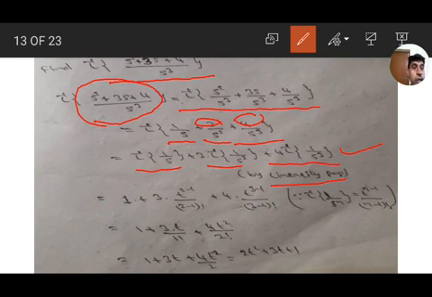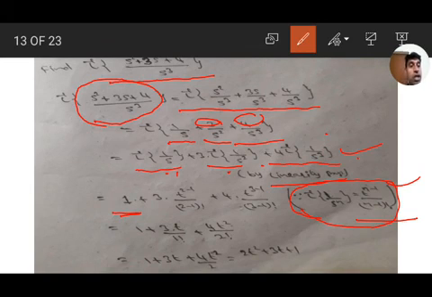Coefficients are outside by the linearity property. Here 1 by s, 1 by s square, 1 by s cube are all based on only one formula, L inverse of 1 by s to the power of n is t to the power of n minus 1 by n minus 1 factorial. Here n equal to 1, n equal to 2, n equal to 3. For 1 by s, the inverse Laplace transform is 1, and here n equal to 2. So 3 is the outside coefficient, t to the power of 2 minus 1 by 2 minus 1 factorial. Here n equal to 3, 4 is outside, t to the power of 3 minus 1 by 3 minus 1 factorial.